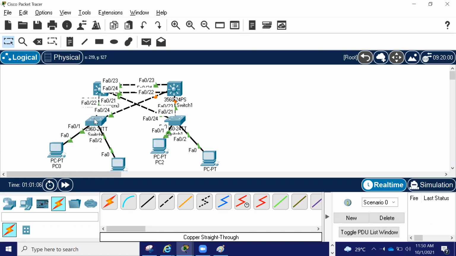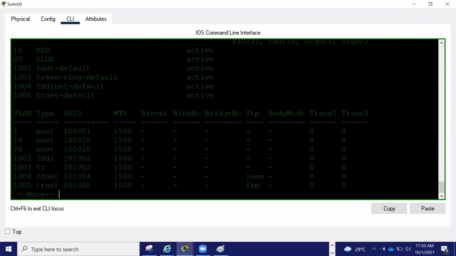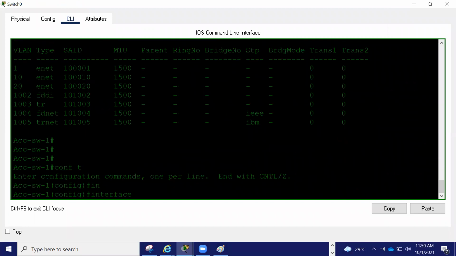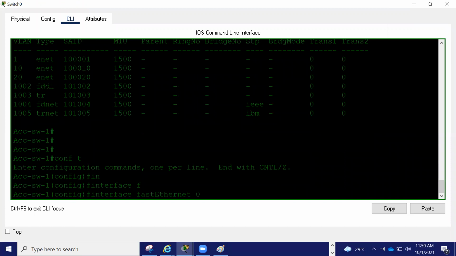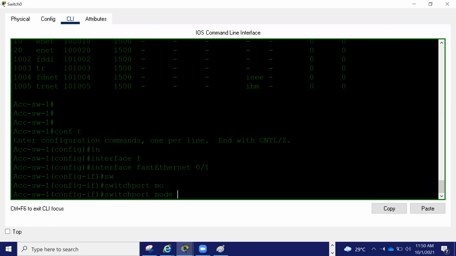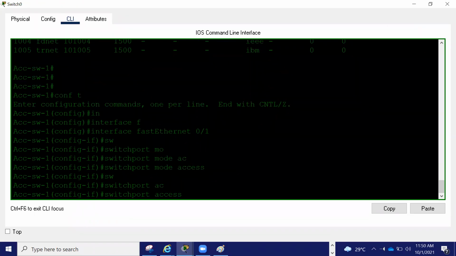Let's quickly assign the interface ports to that particular VLAN. In switching, if you do one advanced lab, all previous labs get covered. Switchport mode access, switchport access VLAN 10.